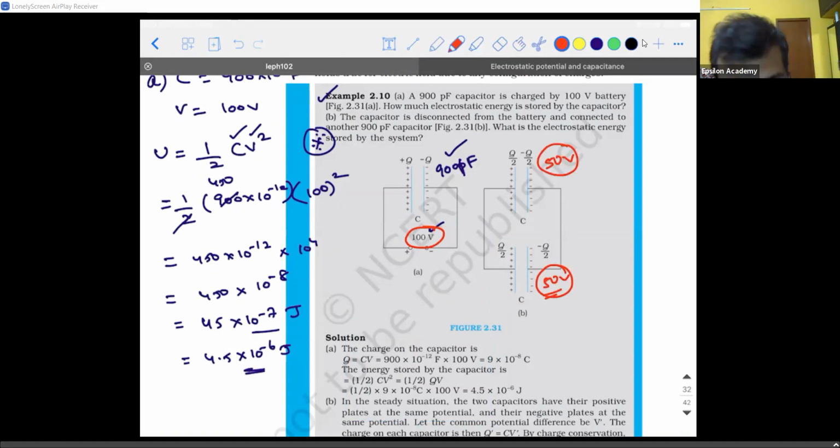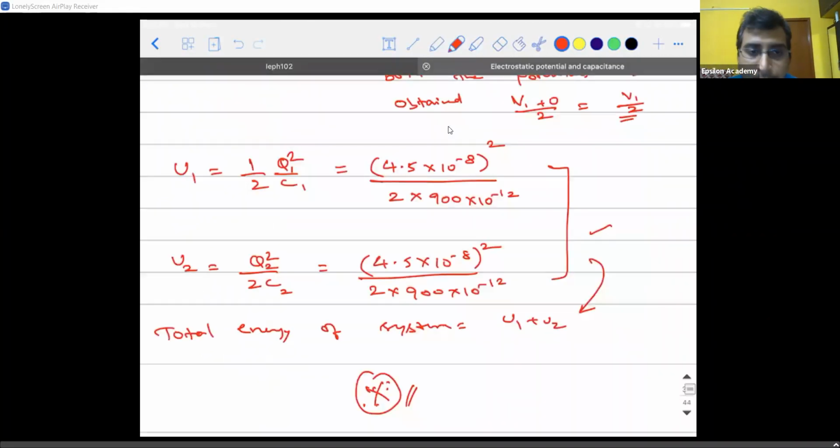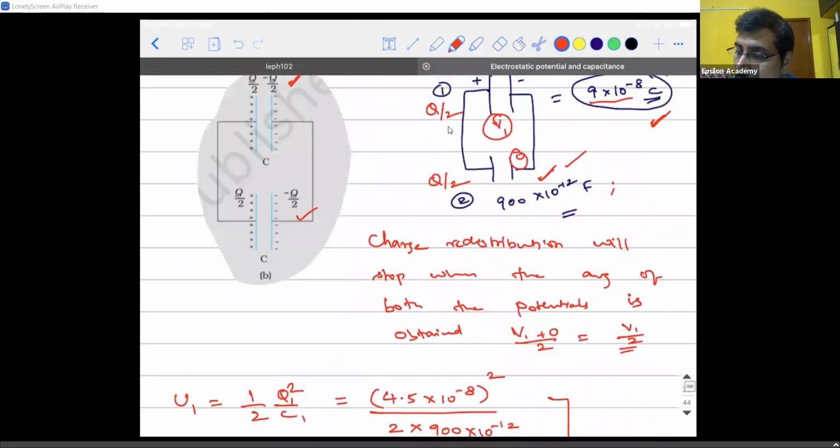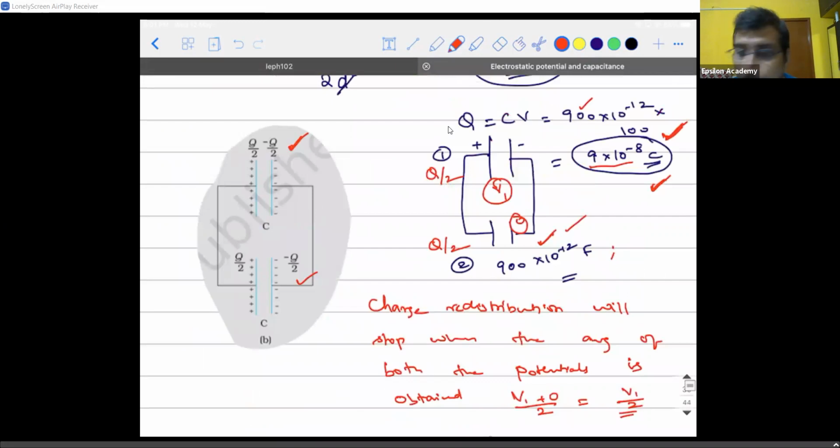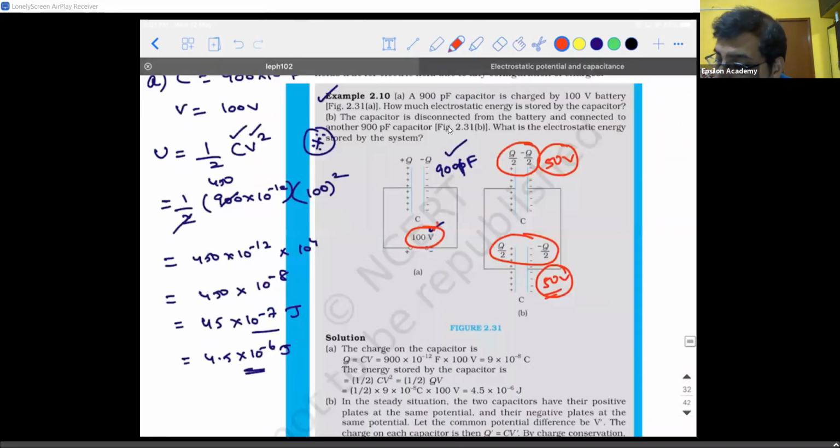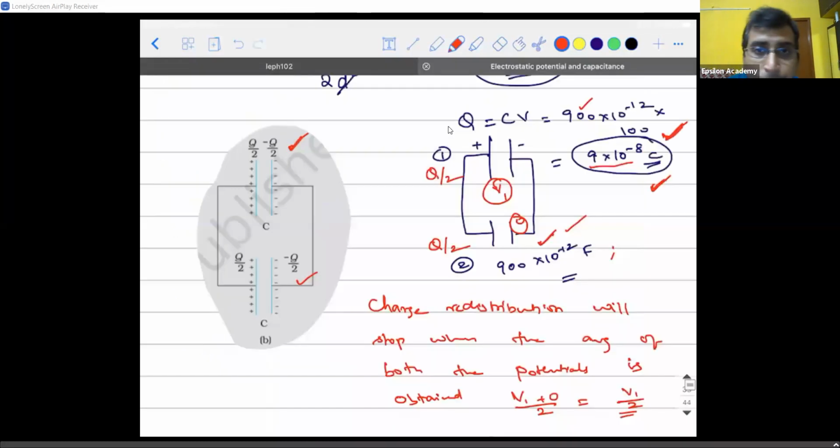But you said potential is the average of potential. I told you, but what I'm saying is the charge is known. Charge on both the capacitors is known. It is Q by 2, Q by 2. That is what I insist upon. So there are three formulae to be used. What is the potential difference? Potential difference is 100 volt. Correct? Then 50 volt should be here, 50 volt should be here. How will 4.5 into 10 power minus 8 come?